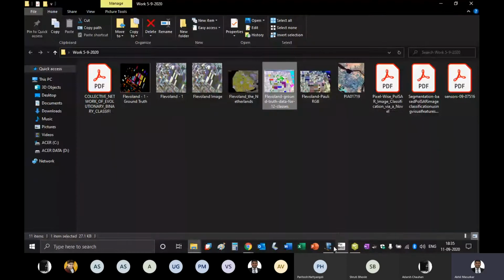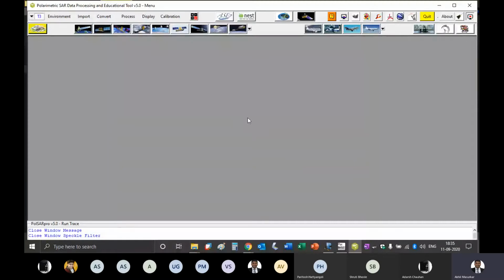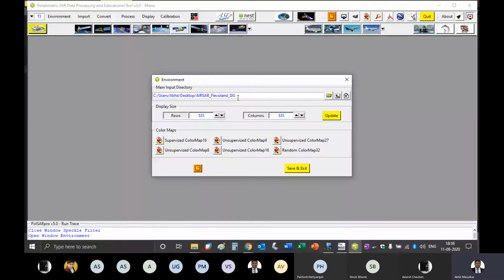So let's go to PolSARpro again. Now you can see that image in the chat box, and let's define 2-3 classes here. There are 12 classes in all, so no need to define all 12 of them. You can define one or two, or rather 4 or 5, which are the big classes, and that would be enough. So just before going ahead, just see to it that you are in that filtered folder. Yes.